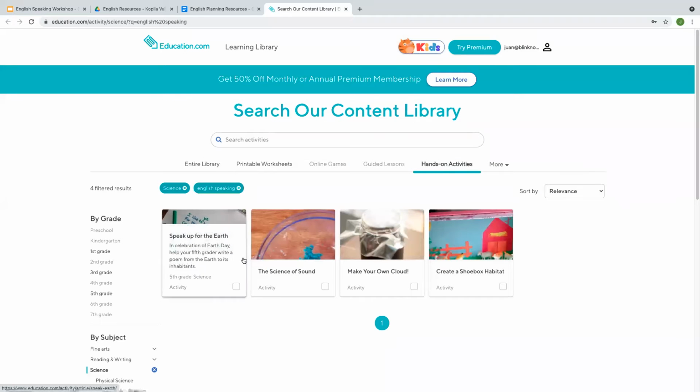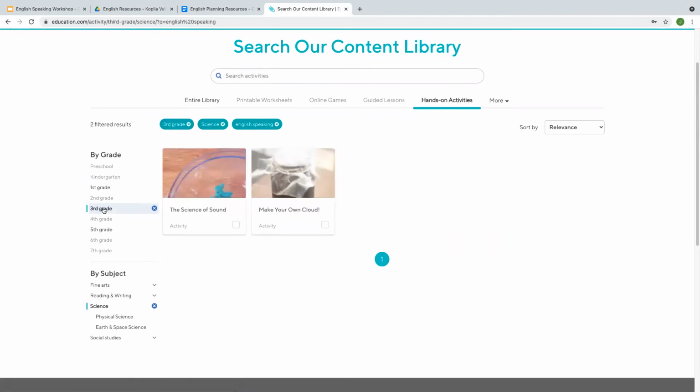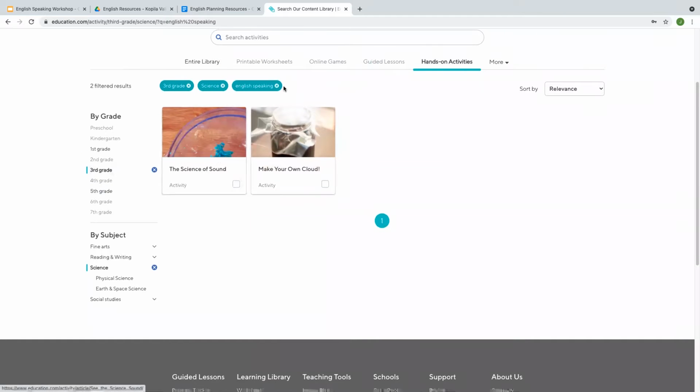There we go. And so this resource is really useful because you can search for resources in a number of ways. You can search by grade. So if you're a third grade teacher like Sarah Animus, you can go to class 3 and you've got different activities related to each class. As you see, I've got some